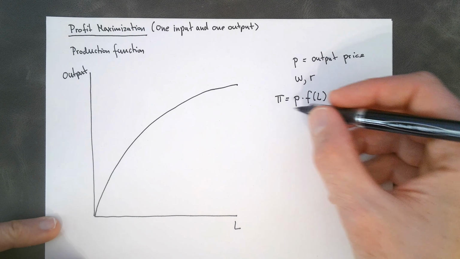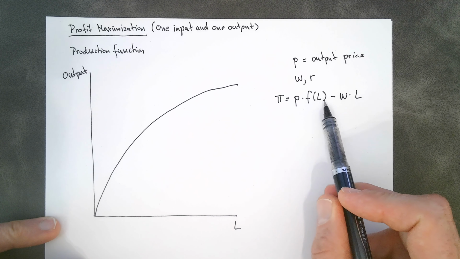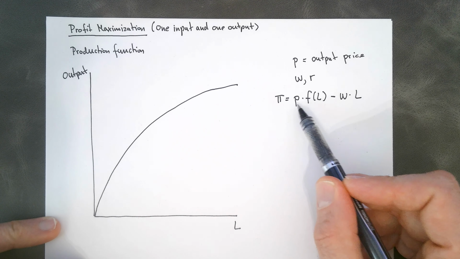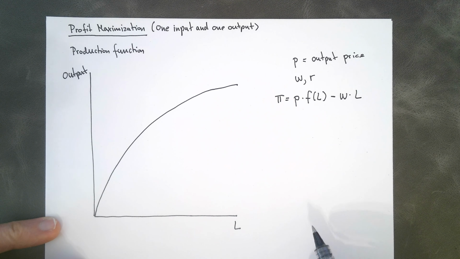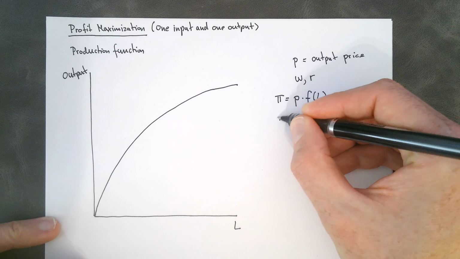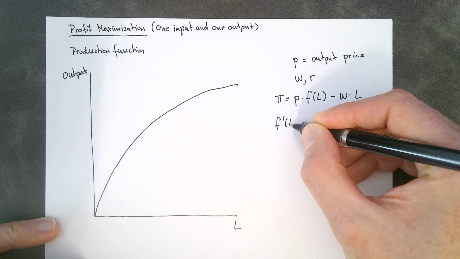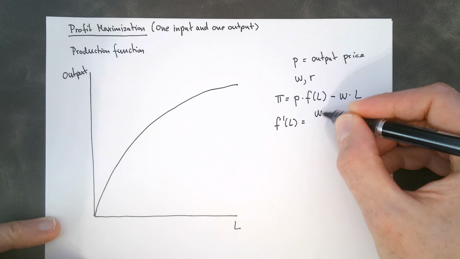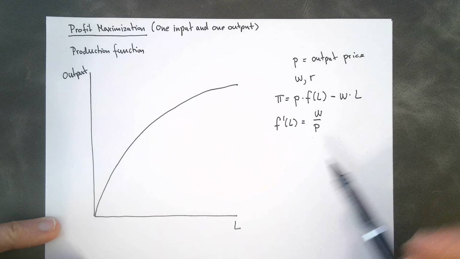It turns out that the choice of L that maximizes this function, because remember P and W are given, can be shown to be written like this,